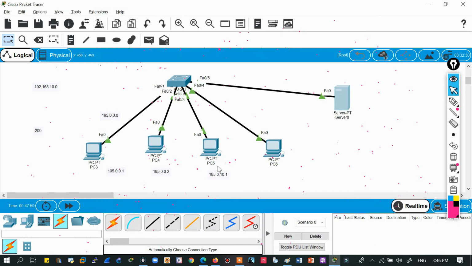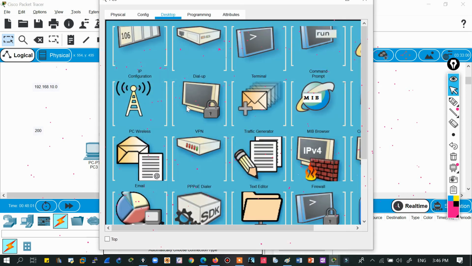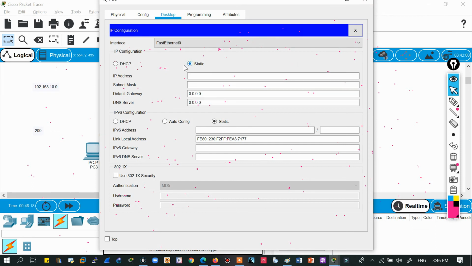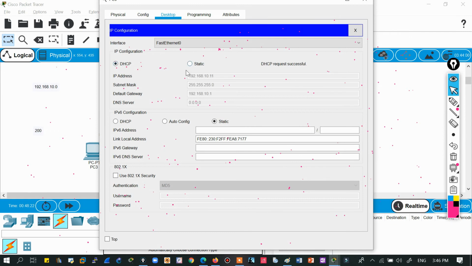So when I'm doing automatic IP, see at this DHCP, you can see I'm getting the reply from the DHCP server. I'm not assigning anything, but yes, automatically I'm getting the IP address. So this is DHCP, dynamic IP, which is given by the DHCP server, and this was static IP, which was configured by the network admin. So yes, these are two different types of IP address.